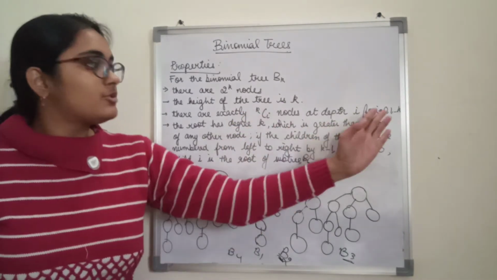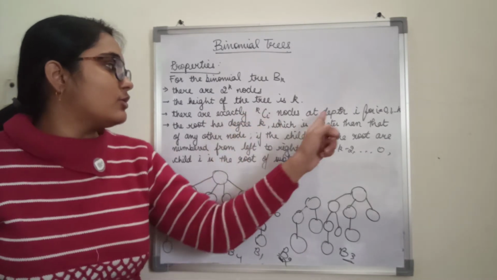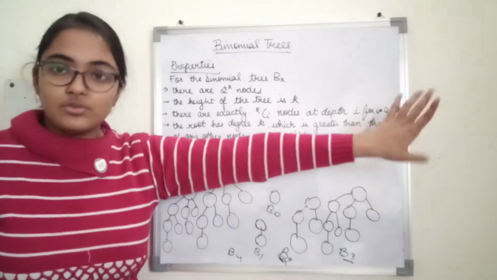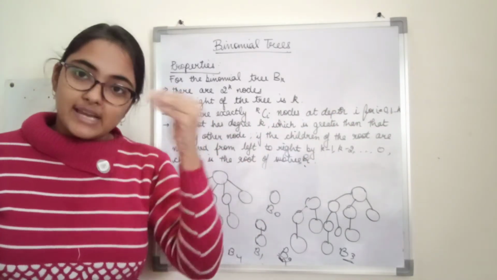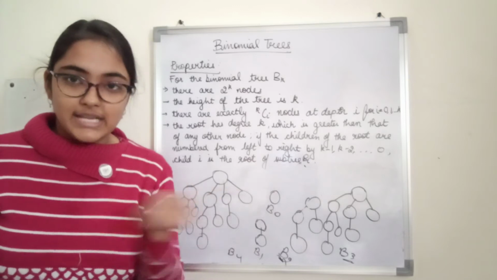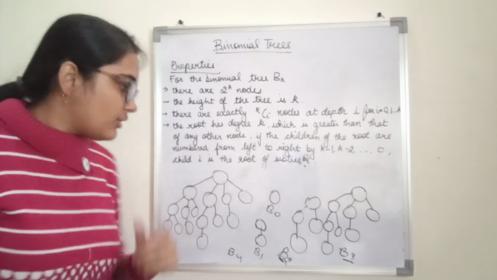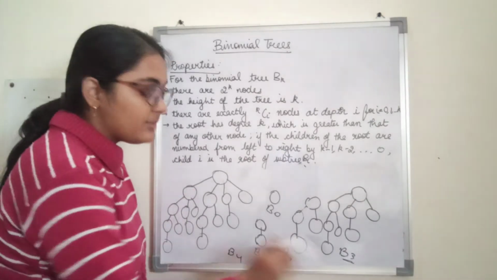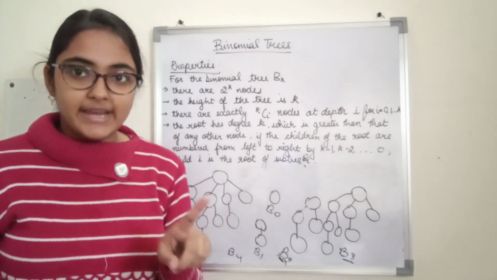We are assuming this to be true for k minus 1, which means there are exactly k minus 1 C i nodes at depth i for i is equal to 0 to k minus 1, and that is in Bk minus 1. If we look at any depth, then the number of nodes at that particular depth is k minus 1 C i, right? So a node in Bk minus 1 appears in Bk once at depth i and once